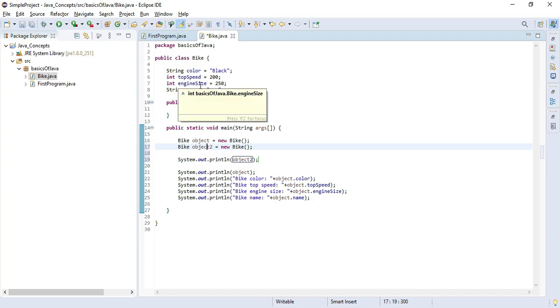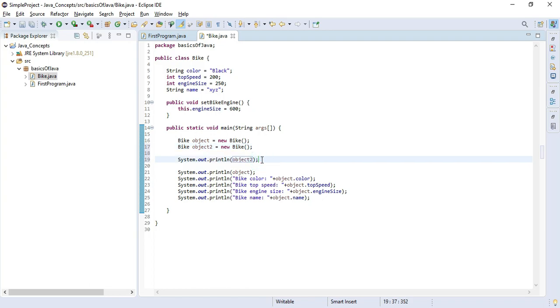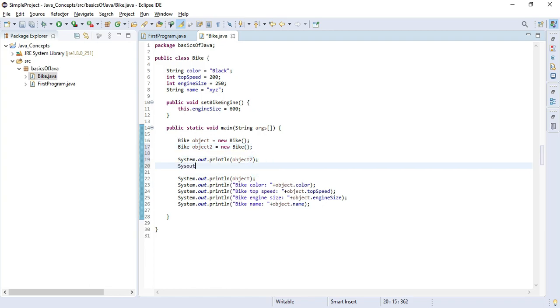If you want to change something, you can do that. Let me show you that also. System.out.println. Okay, so let's take an example. Say we want to create object2 as a sports bike, so I just want to change the engine configurations.